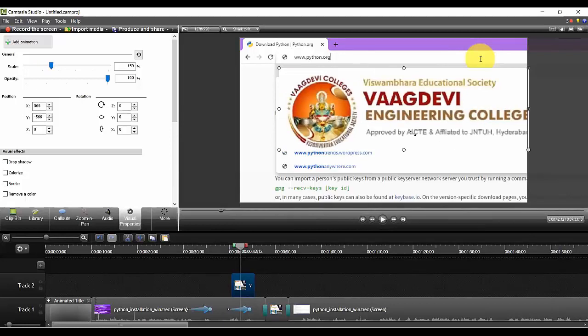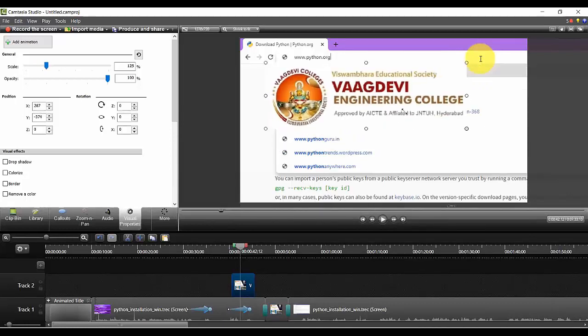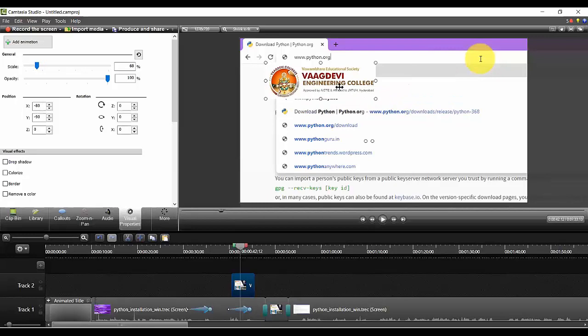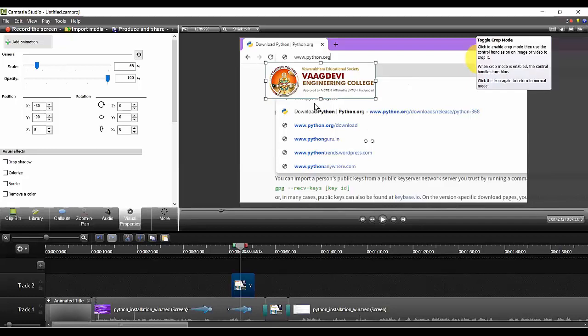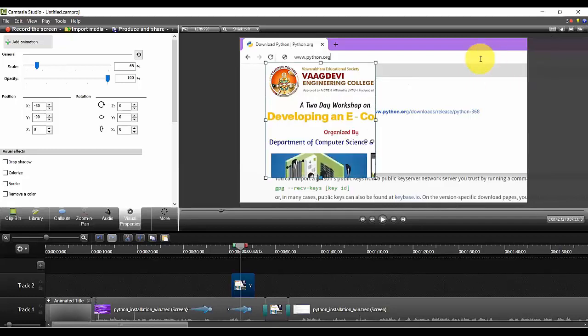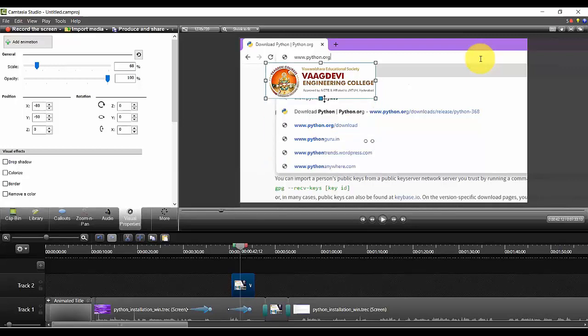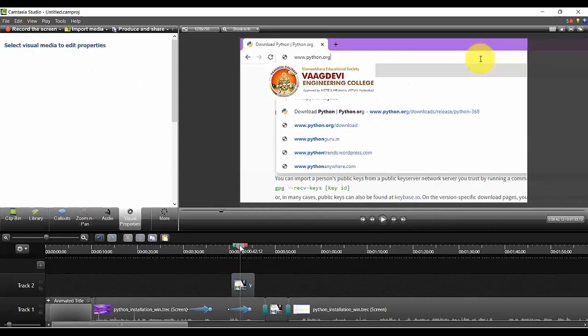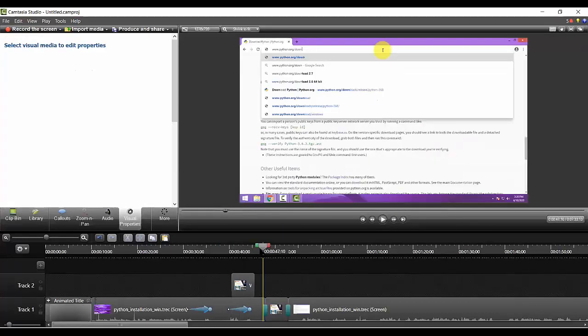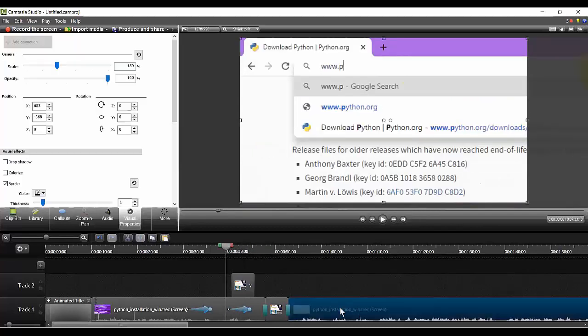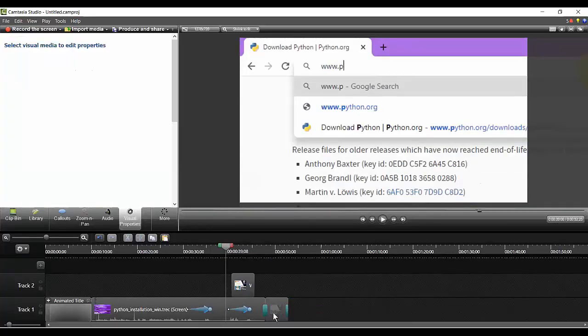I can resize it, I can make it bigger, I can make it smaller, whatever I want to do, I can do it. Okay, once the size I got, if I want my original, I can again drag it. Original is also available to me. It is not gone, but I am not showing this. The difference is that. Okay. So now I'm deleting this portion. I'm making it a small video. Okay. Now let me try to show you